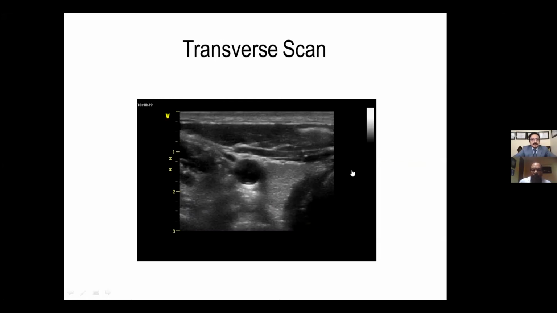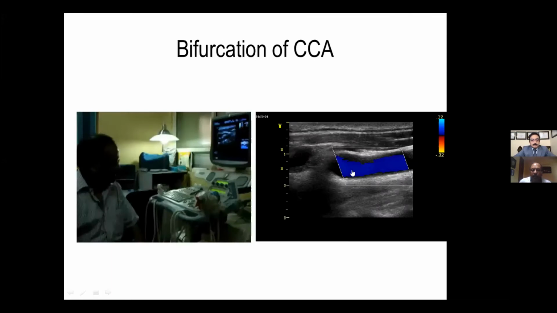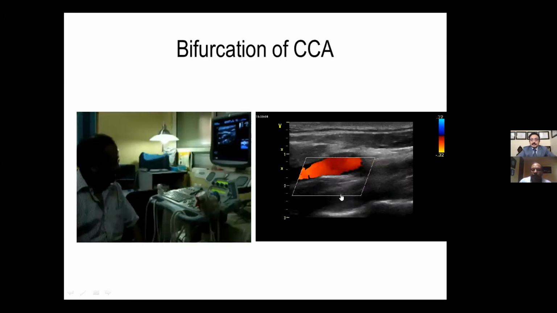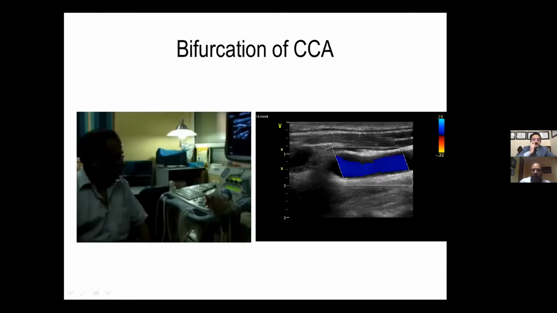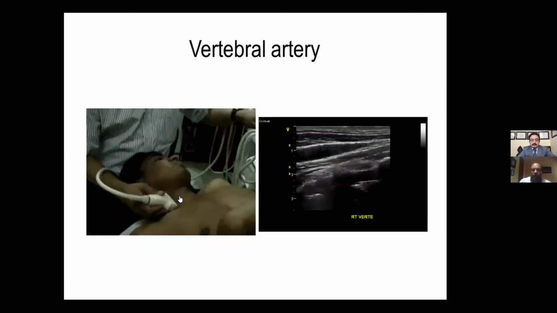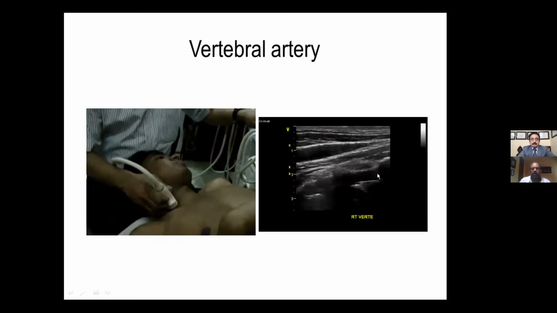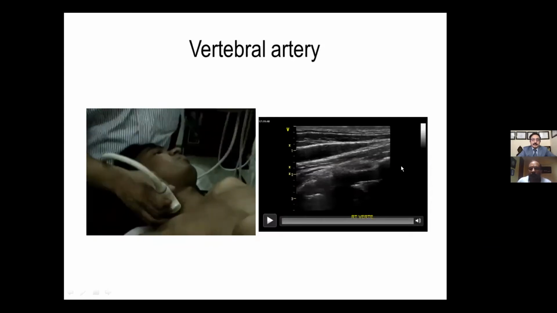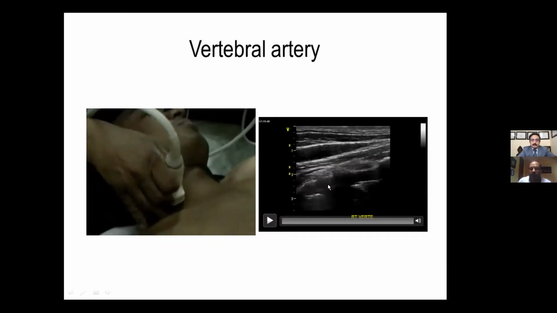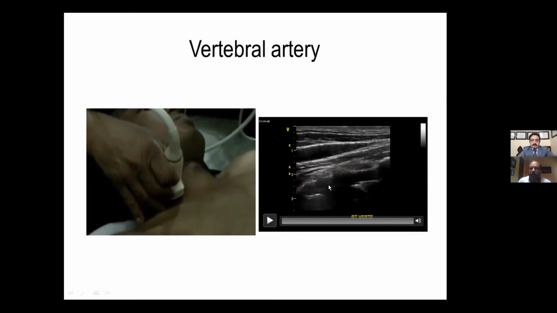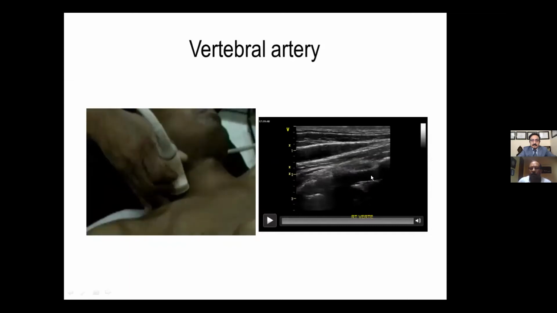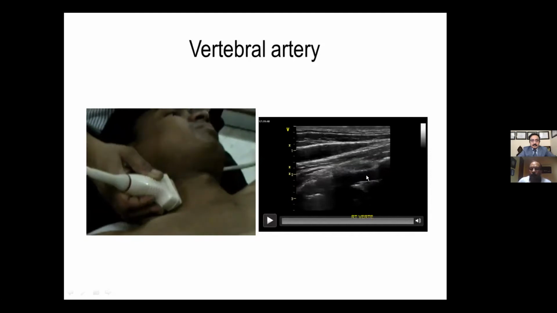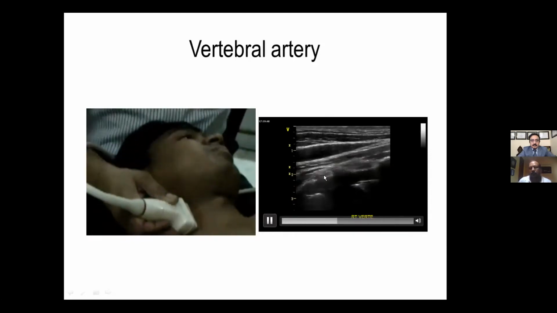Similarly, we can look at the bifurcation in longitudinal scan so that you can really evaluate the flow, any obstruction, or any plaque, which can be easily seen over there. Not only this, by pushing the probe posteriorly, we can look at the whole of the vertebral vessels. Right from the origin of the vertebral artery, we can see almost 4 to 5 segments in between the transverse processes. And I can show you one of the cases where we could demonstrate a vertebral artery stenosis, not in the proximal region, but in the mid region of the vertebral artery. So this is how we scan in our lab in day-to-day fashion.